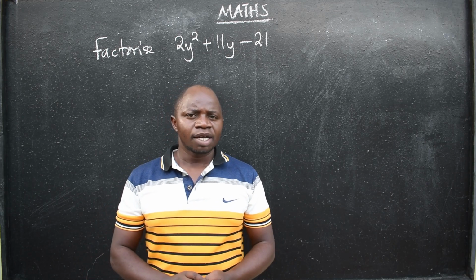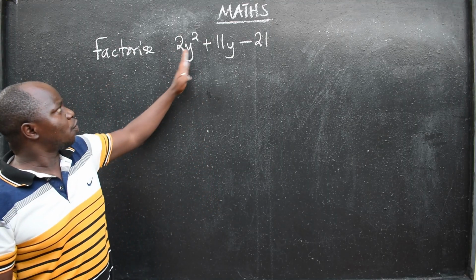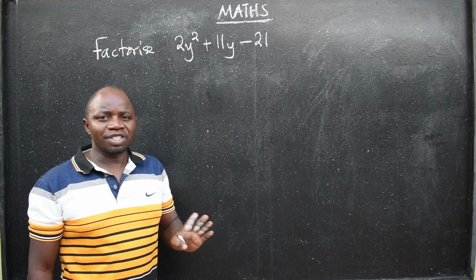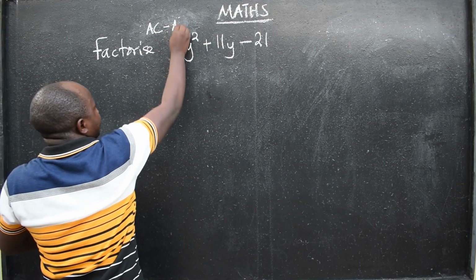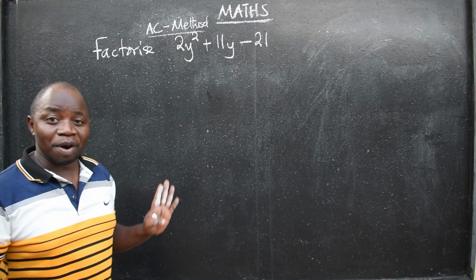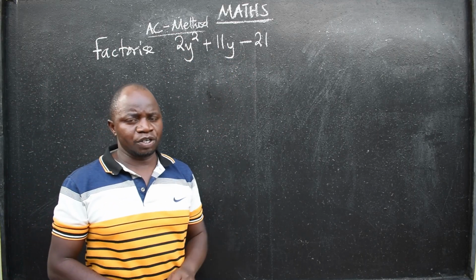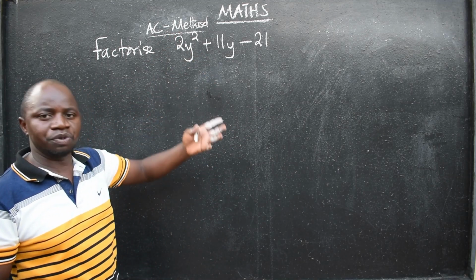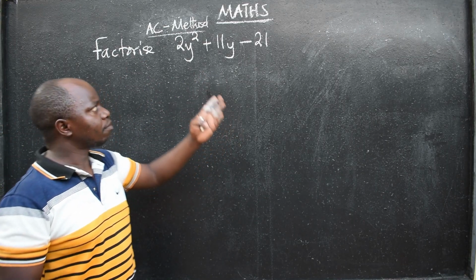Hello students, let us factorize this polynomial that we have on the board: 2y squared plus 11y minus 21. We are going to use a method that is called the AC method. This is the method that we are going to apply when factorizing this polynomial. The AC method is a method that we use to factor out a polynomial or trinomial with